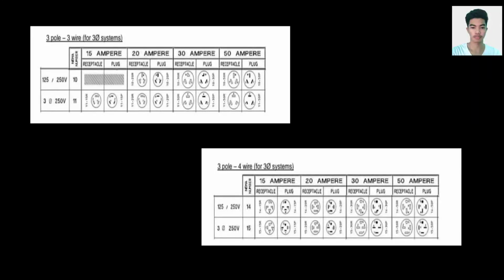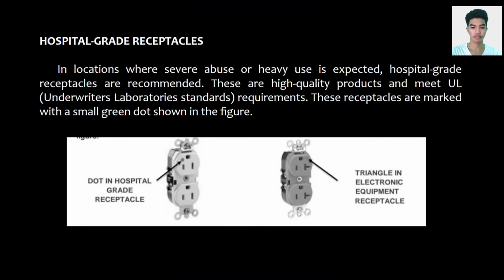So, dito may examples for 2-pole with 3 wires, 3-pole with 3 wires, and 3-pole with 4 wires. Hospital grade receptacles and electronic equipment receptacle. So, sa hospital grade receptacles,